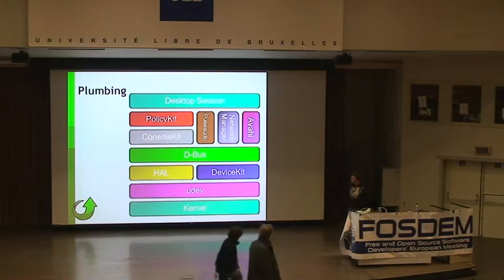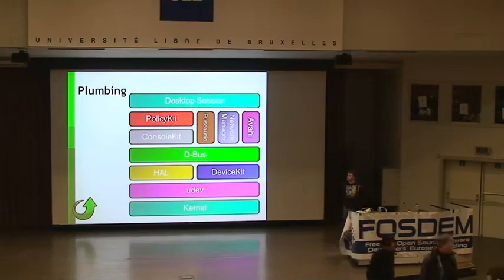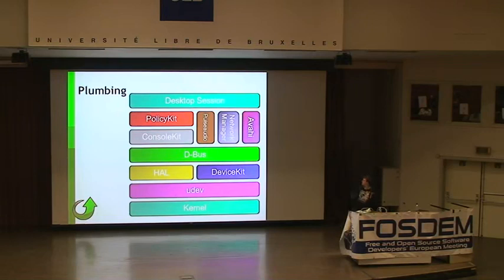So you have udev, which talks to the kernel and receives notification of changes to the hardware and changes to the system state from the kernel. udev feeds this information into HAL or DeviceKit. I don't think David's with us here, but if he was, you could ask him about DeviceKit. It's a replacement for HAL coming in the next couple of years. Those announce and provide services and objects for pieces of hardware on your machine over dbus, which allows various system daemons to talk over dbus as well and provide service information.